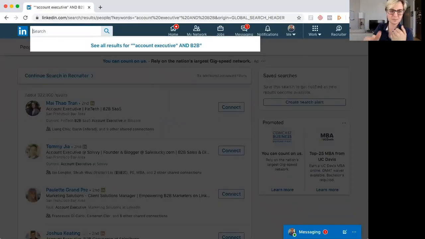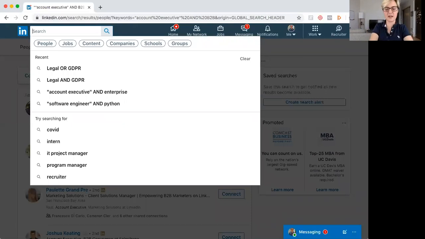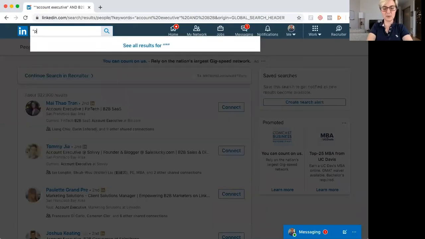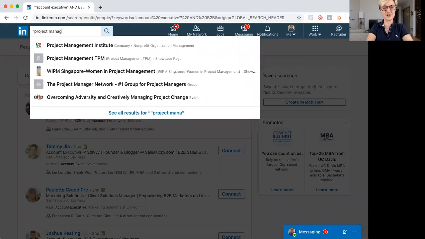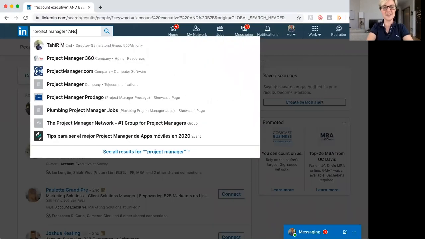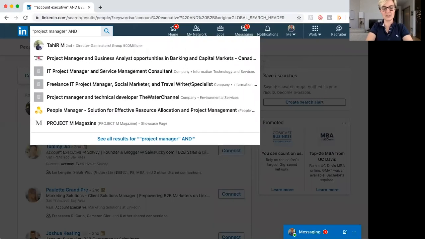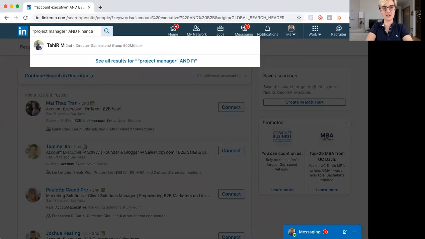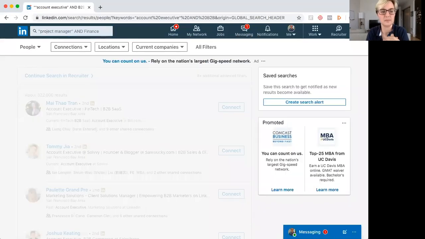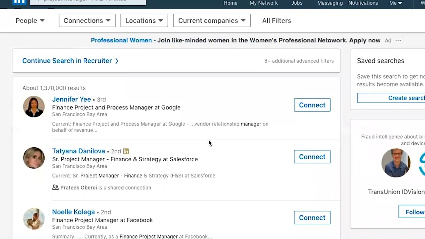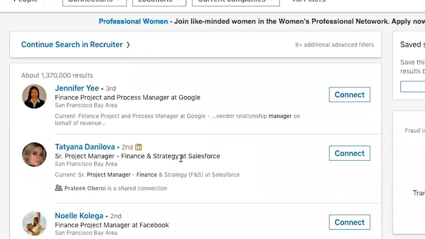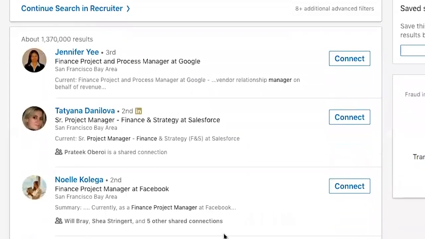If we do another search with project manager, because I know there are a lot of people I've been speaking to who are project managers or looking to become project managers, say, for example, you want to be a project manager in finance. Here are people who are already doing that: finance and strategy, finance project and process manager, finance project manager.